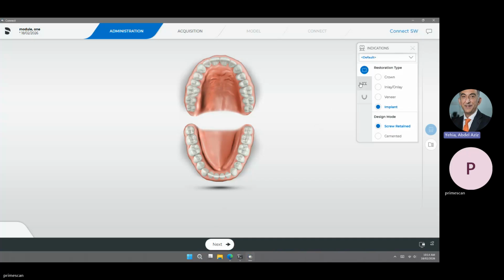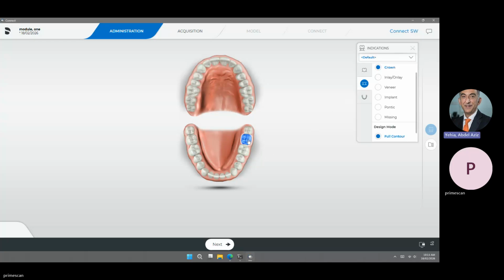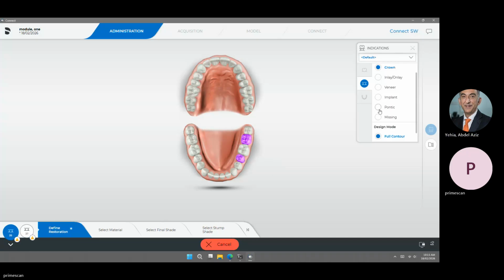If we go to the bridge, then I can select the components of the bridge. Let's say I have a crown on tooth number 7 and tooth number 5, and I have a pontic on tooth number 6. Okay, so this is how it's done. You select first from here, from the indications, then the tooth. Okay, again, if I cancel,